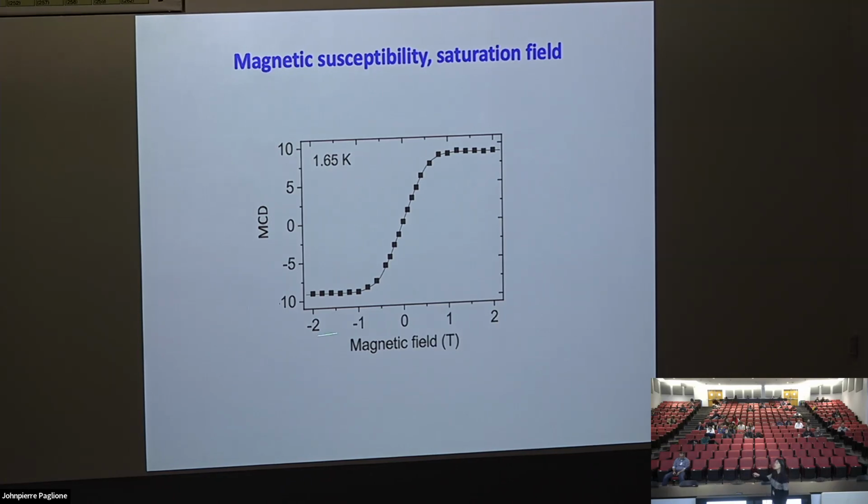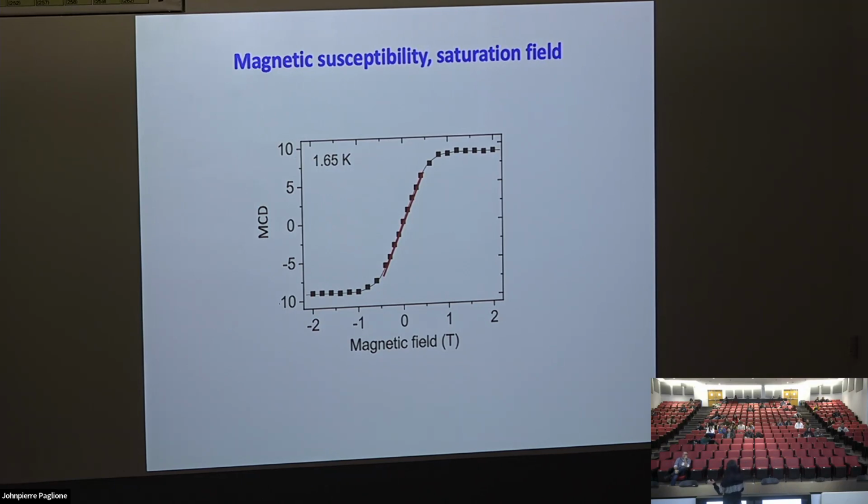You measure MCD as a function of magnetic field. When you don't apply any magnetic field, there is no magnetization, so it's zero. When you ramp up the magnetic field, initially it increases linearly, and at some point it saturates. So if you just look at this curve, I can read out two things. One is the slope. The slope is magnetization as a function of magnetic field. So this is nothing but